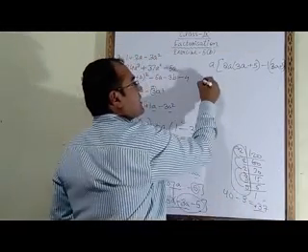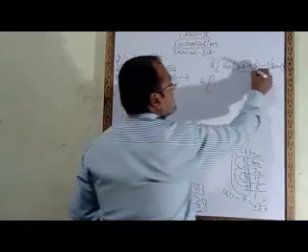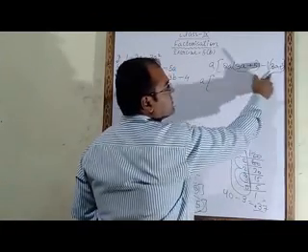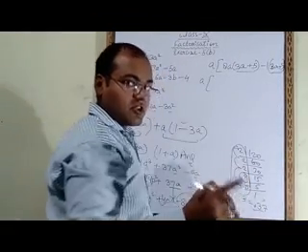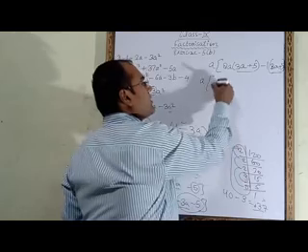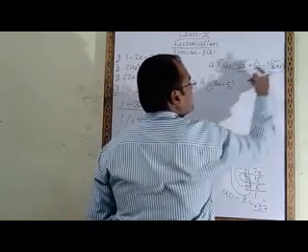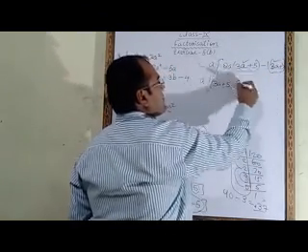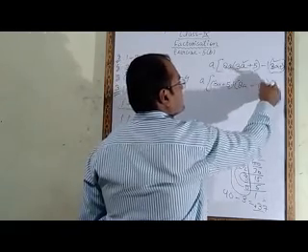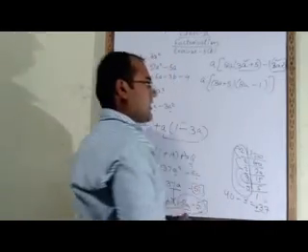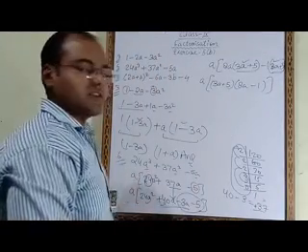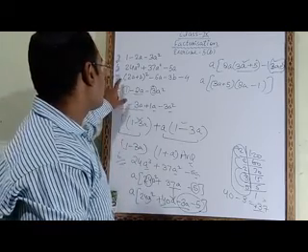Now, this bracket 3a plus 5 and this bracket 3a plus 5 both are same. So what you have to do, again we will take common 3a plus 5. When we will take this 3a plus 5 common, what will be the remaining term? 8a minus 1. Like this you have to do question number 6. Now see another question, question number 10.